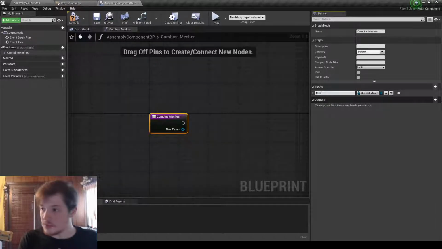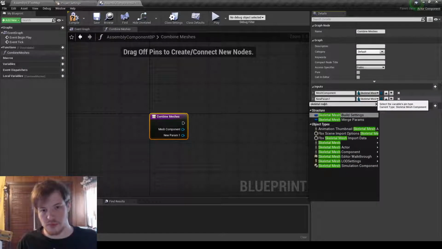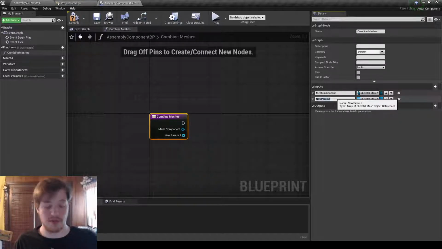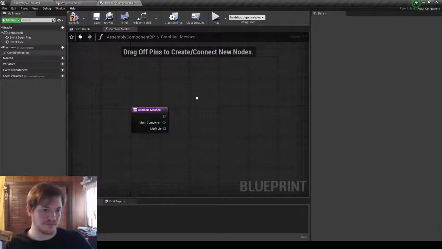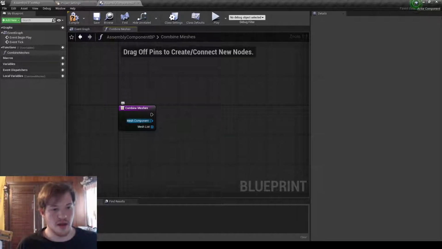So, mesh component, and then skeletal mesh. I'll probably blueprint this out on stream, maybe all of it if I can, but who knows. And then make it actually function properly in Assembly. But anyway,